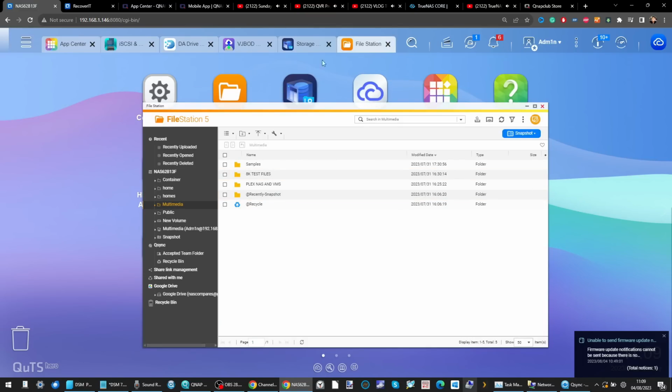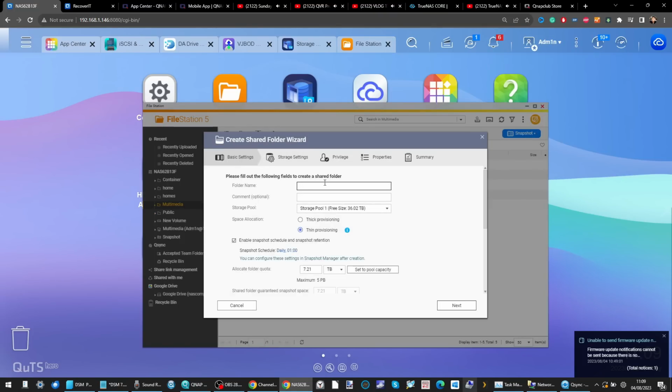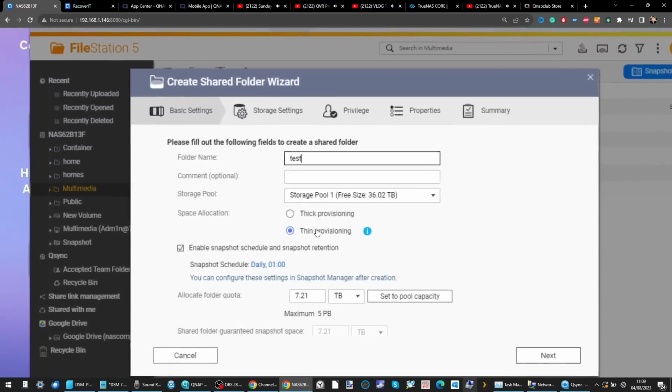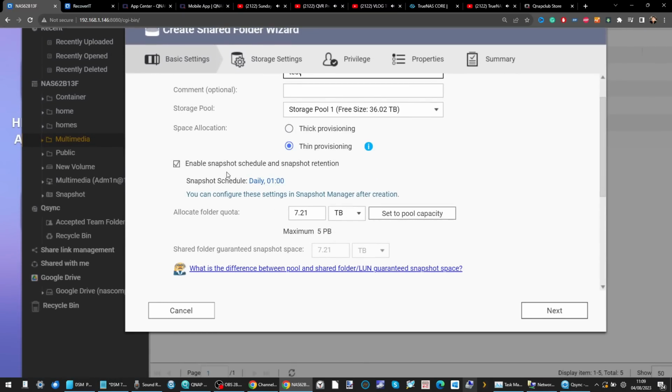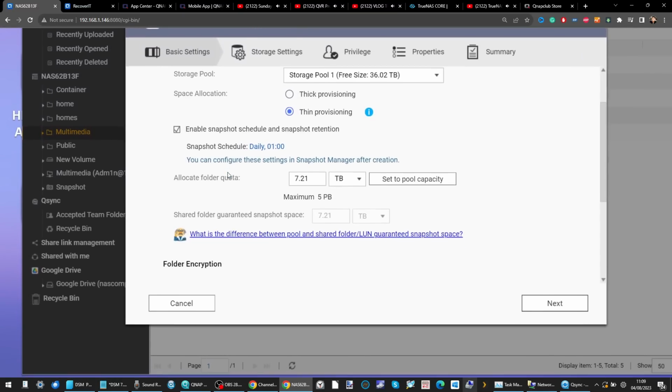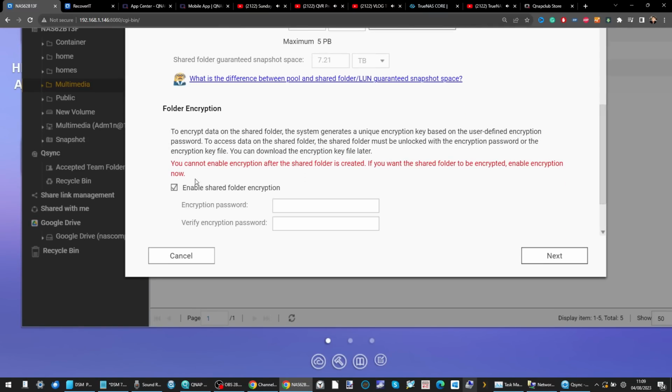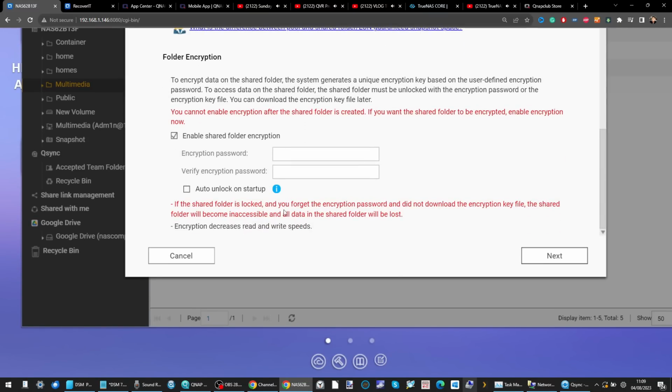It's that straightforward. Heading back into the File Station application, creating a new shared folder, because remember, thanks to using ZFS, we've removed the volume layer entirely. From here, we can create a nice easy new storage pool. From that we can change our provisioning long term. We can also immediately enable snapshots and the retention policies therein. On top of that, we can encrypt the folder if we choose, give it an encrypted password,